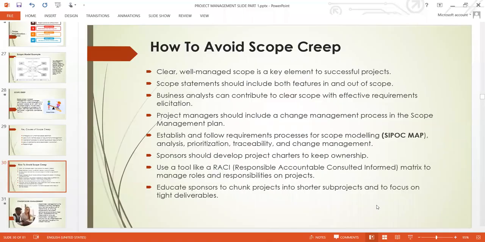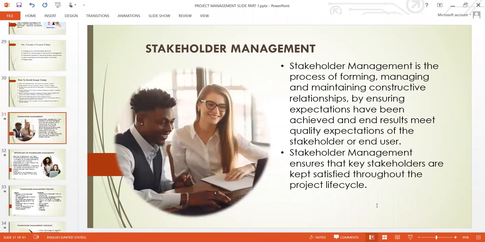So I'll quickly go into risk management. No, we'll continue with stakeholder management, not risk management. So at this point, we'll look into